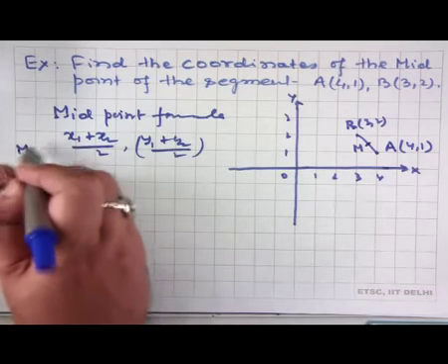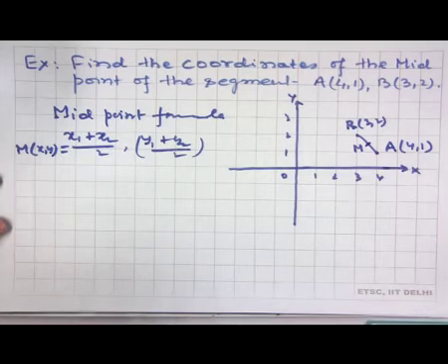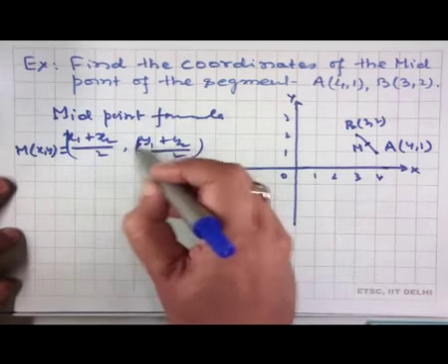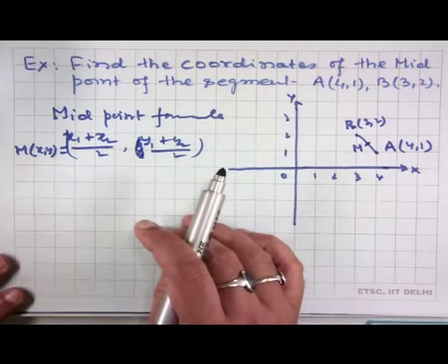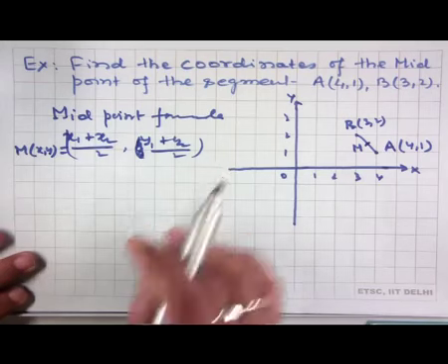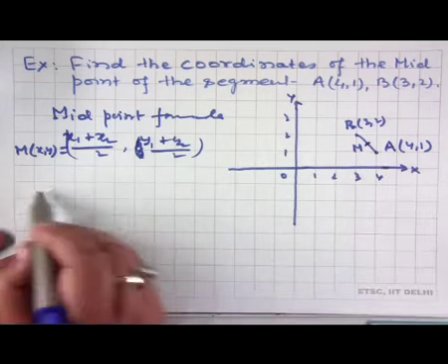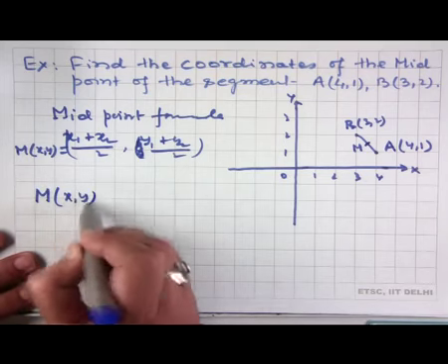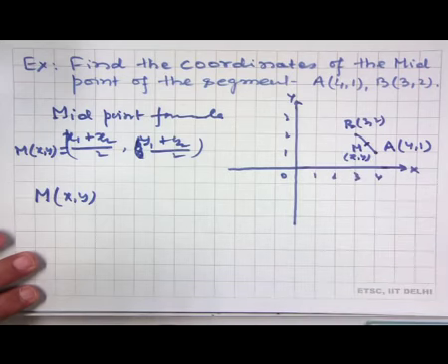M(x, y) equal to ((x1 plus x2) by 2, comma (y1 plus y2) by 2). So the coordinate of this midpoint M(x, y) is